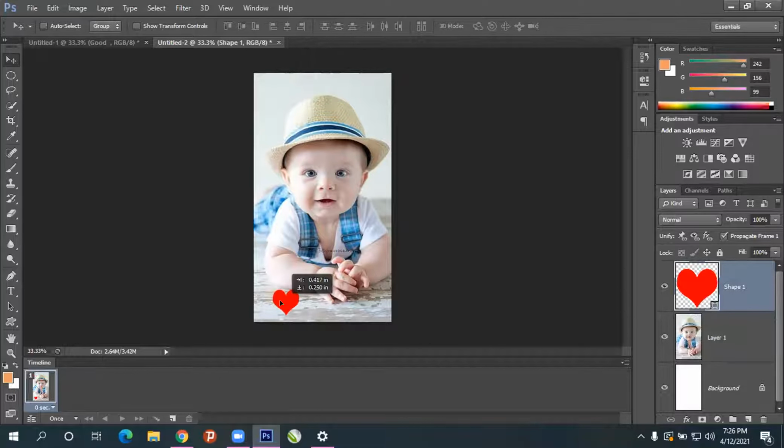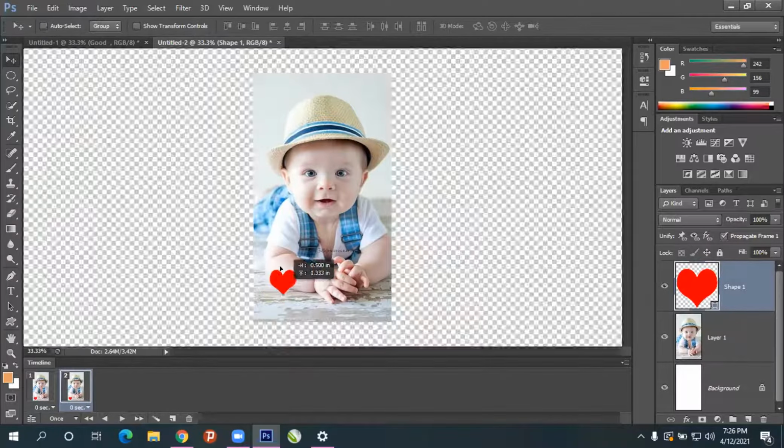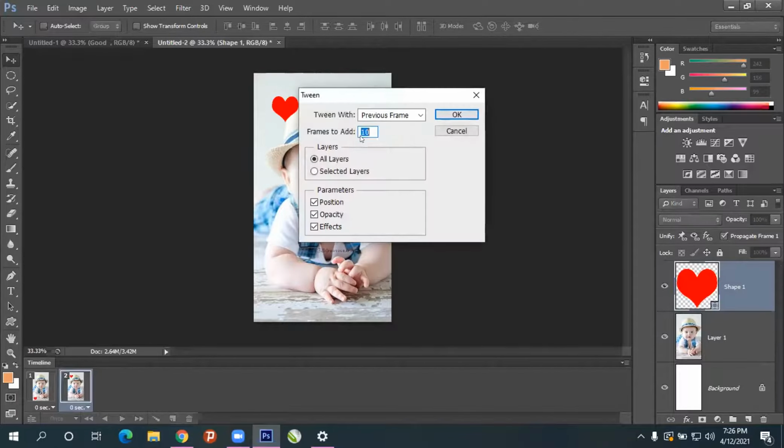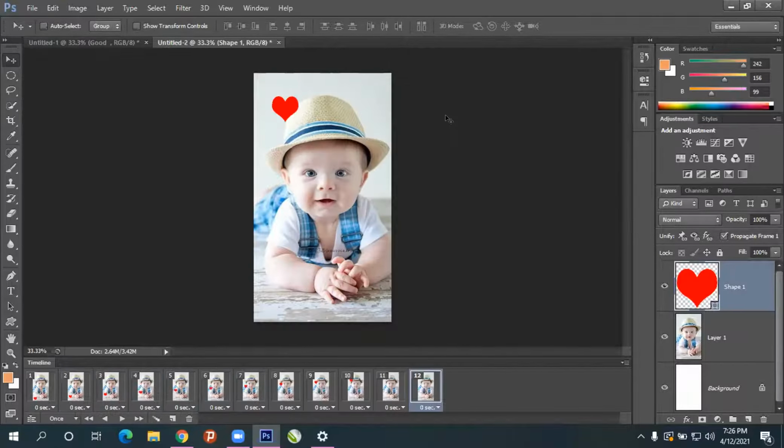So just keep one, and the second layer, you just duplicate. Got it? And this art shape, you move it somewhere here and give frame animation. Give tween. Okay. And now you play this.